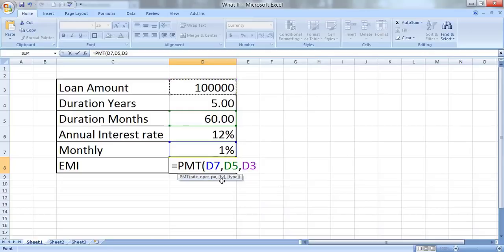And now you see these two things, FV and type, are in square brackets. So that means these are optional. You don't need to enter them. I have taught them in a different video. So we don't need to enter them since they're optional. So we'll just press enter, and whatever the answer comes up, that is the per month EMI